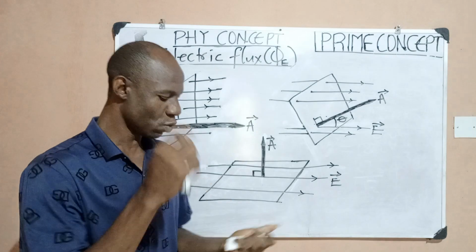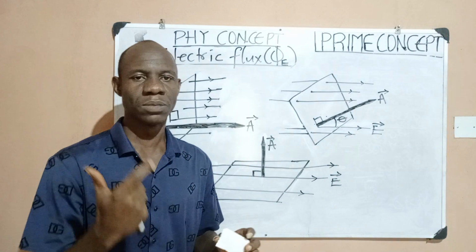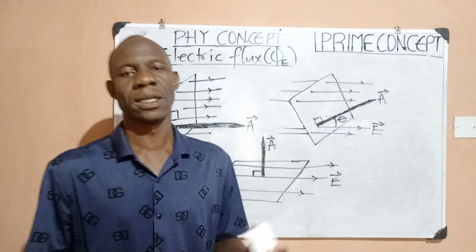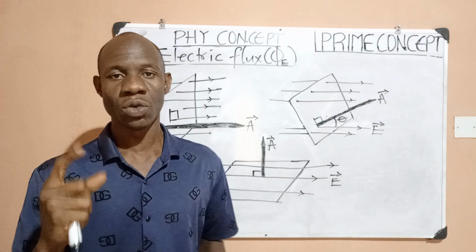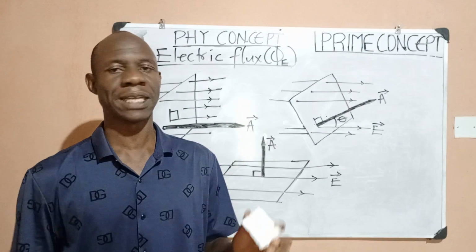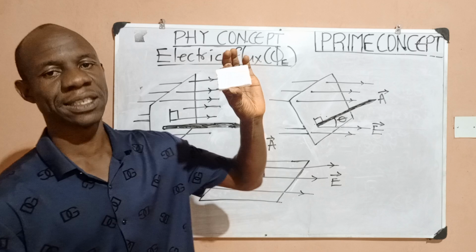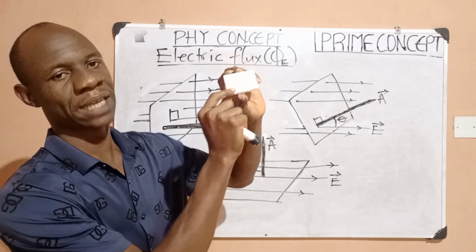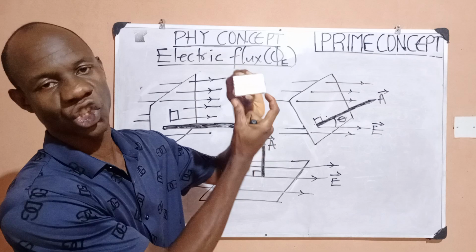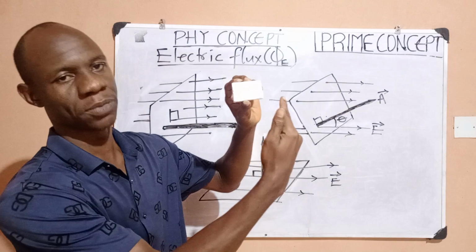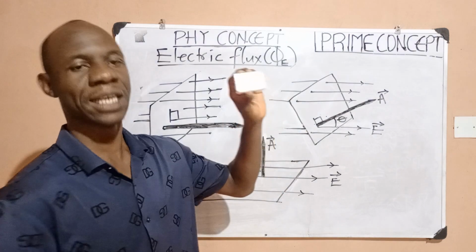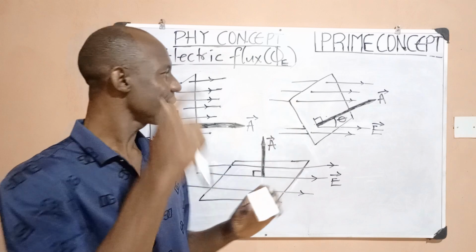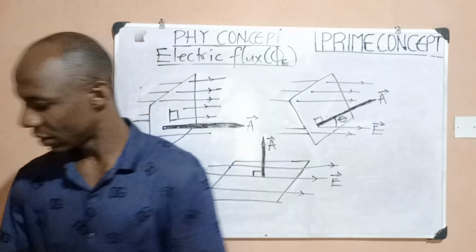Now, the first thing we want to understand is what we mean by a surface area. I believe everybody should know what a surface area is. Say I have something like this. If you observe this, you will notice it has a surface area. And what is the area of this shape? This is a rectangular shape, right? So the surface area is the area for a rectangle. Now, if I bring this,